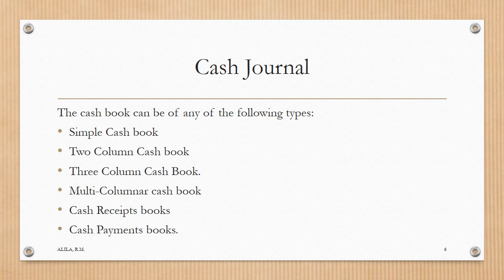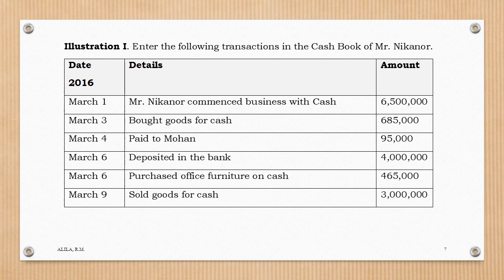So, the cash journal. This cash book can be of any of the following types. It might be a simple cash book. It might be a two-column cash book. It might be a three-column cash book, or a multi-columnar cash book, or a cash receipt book, or a cash payment book. So for instance, for a simple cash book, let us use this